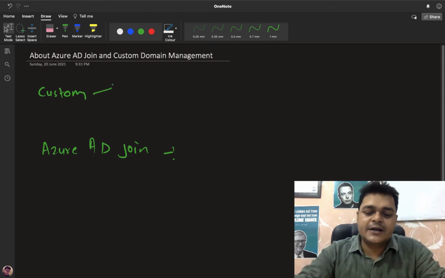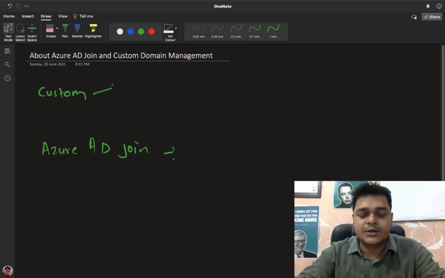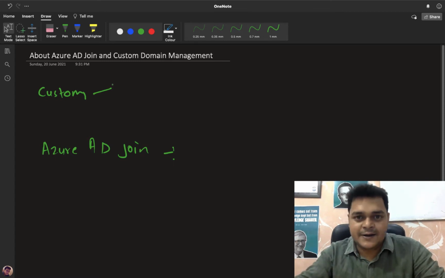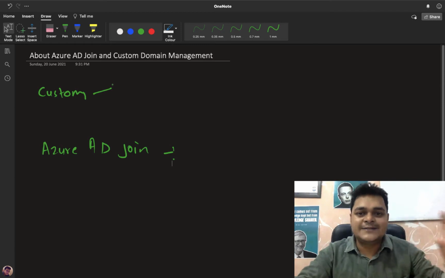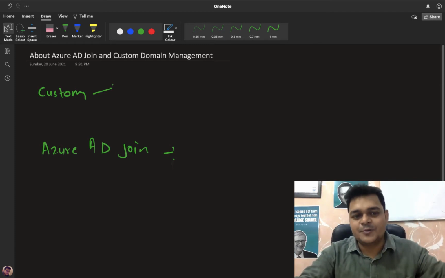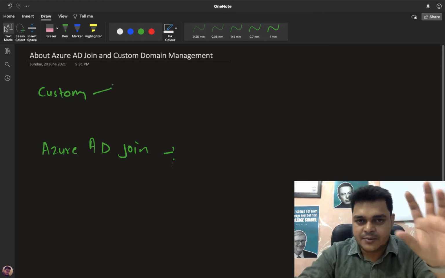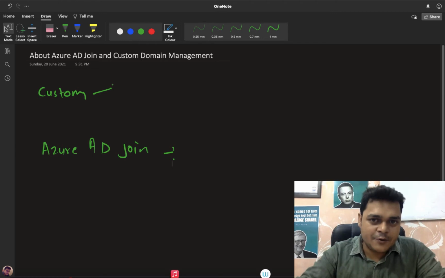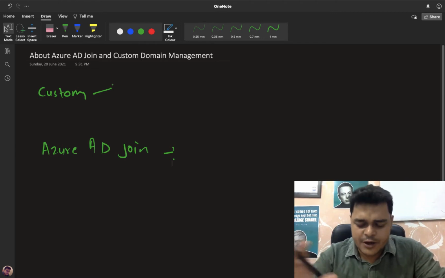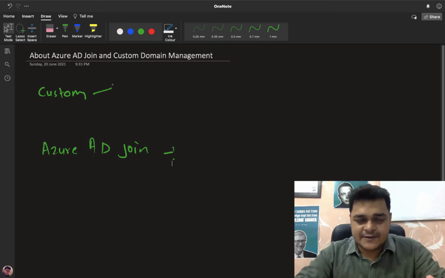Each and every organization purchases its own domain name, because if you want to introduce yourself on the internet, you need to purchase a digital name, or a domain name. I have already purchased one domain name from GoDaddy.com. I'll show you the steps to add your own domain that you purchased on GoDaddy.com to Azure Active Directory.